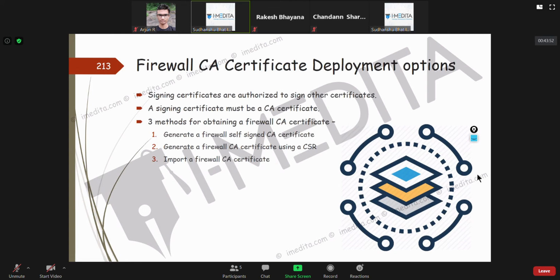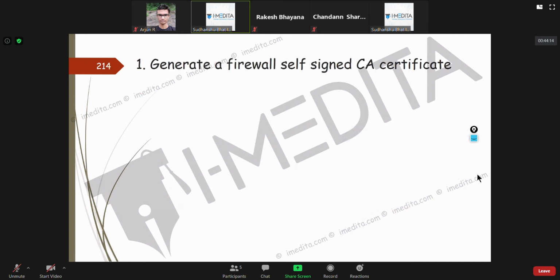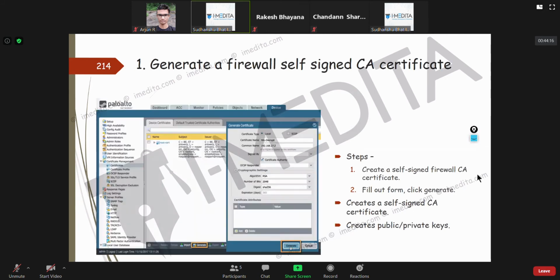Third is, for like SSL inbound inspection, at that time you won't have your own certificate. Your server will have a certificate which you'll just import. So that's third. The first thing I've shown here, we saw practically yesterday.